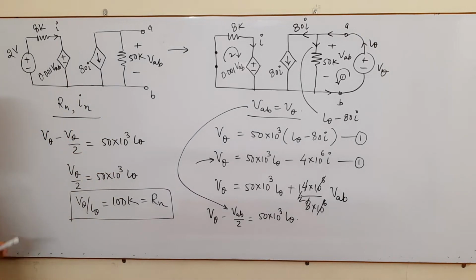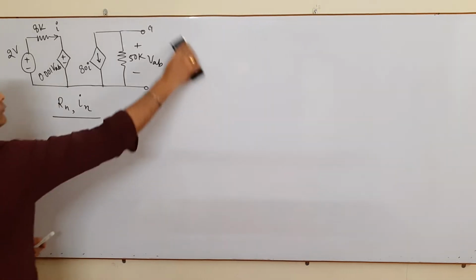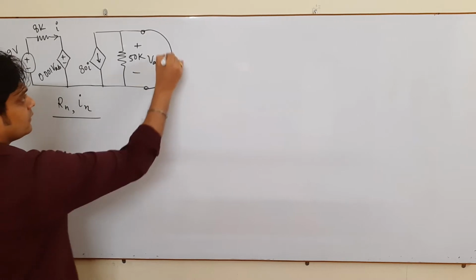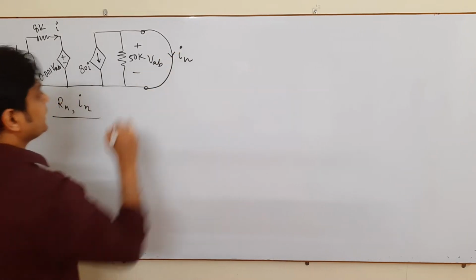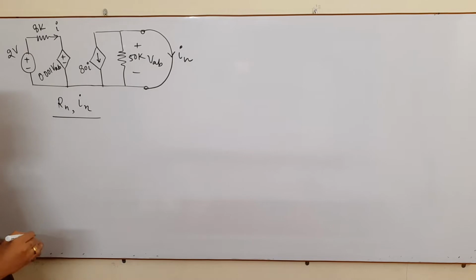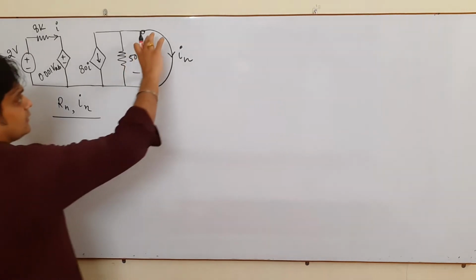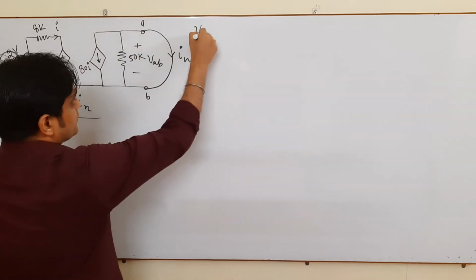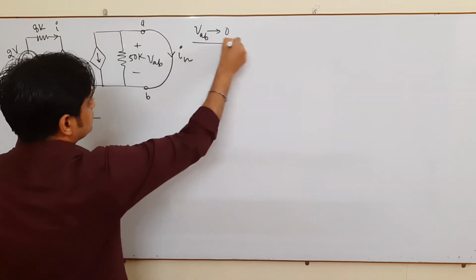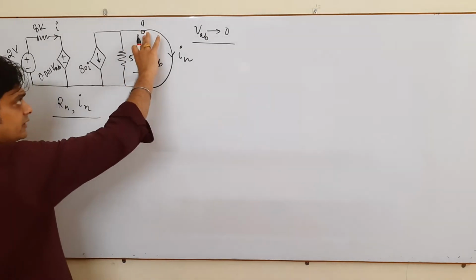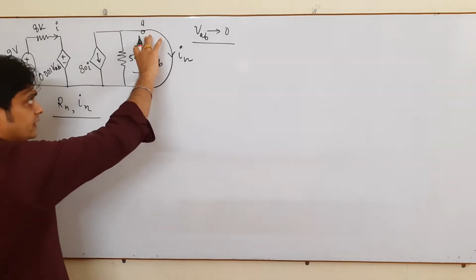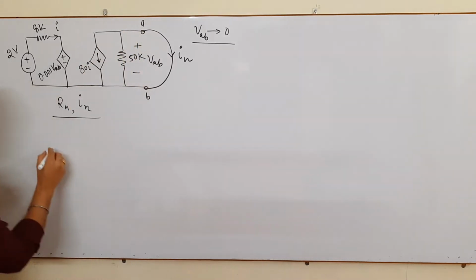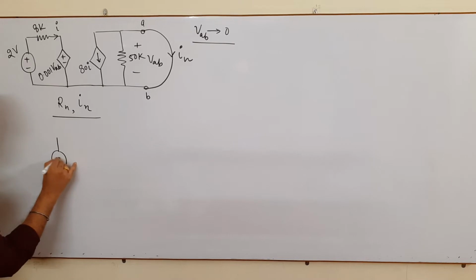Now we find the value of In. Now for finding out the value of In, what I am doing here, it is connected and this is a short circuit, current known as IN. Okay, so once here the terminals are AB and once it is short circuited, you can say that the value of VAB goes to 0. Yes, because these terminals get short circuited, and whatever parallel resistance comes will also get short circuited. So I am redrawing this network here.